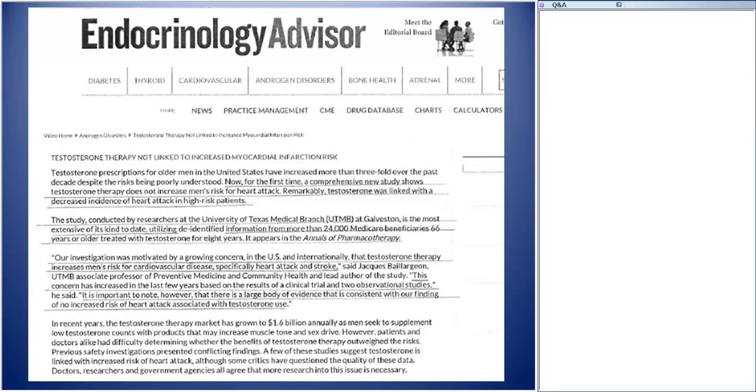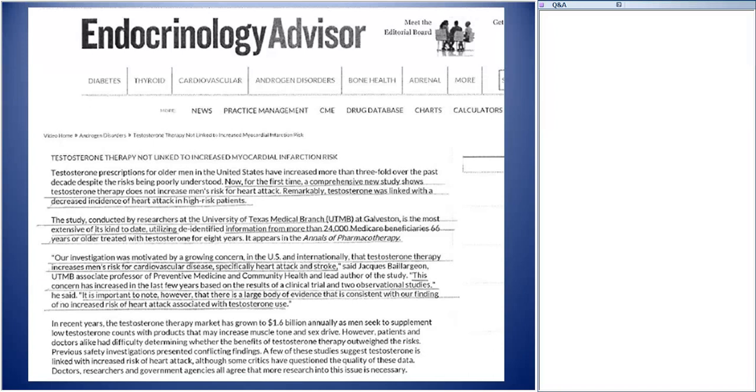So let's look at some of the studies, or shall I say, recent editorials concerning the use of testosterone. This is a nice study that showed that testosterone is not linked to myocardial infarction. Now, for the first time, a comprehensive new study, as opposed to the two flawed studies, shows that testosterone therapy